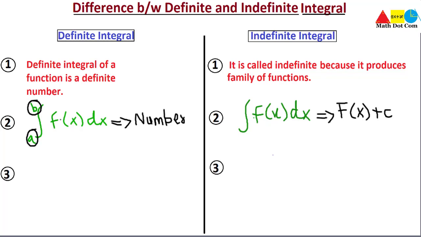So this is how you differentiate a definite integral from the indefinite integral, as there is no limit in the indefinite integral, and you will get a function or a family of functions plus c after integration, rather than a single number. This is the second difference that we have seen here. Now the third difference we can add is that in a definite integral we have the limits. So we can say that in a definite integral we have an upper and lower limit, and in an indefinite integral we have no limit. So this is another difference.